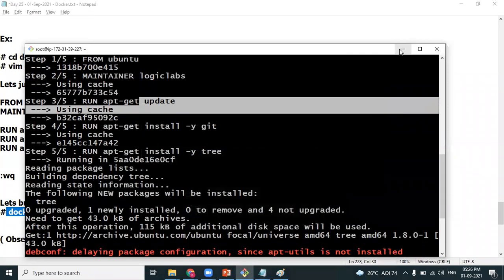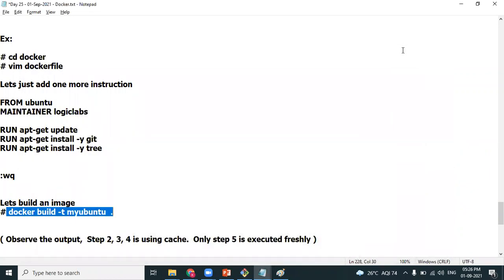This is a time-saving mechanism of Docker. Let's say you have a Docker image with 9 softwares, Vasant, and now you want a 10th software. You add one more run instruction, isn't it? You don't want all 9 softwares to be reinstalled again because that is a waste of time. You want to just add the new package. That's what is happening. It uses cache memory. Cache memory is something like RAM, isn't it, Vasant? Yes. So it uses from the memory.